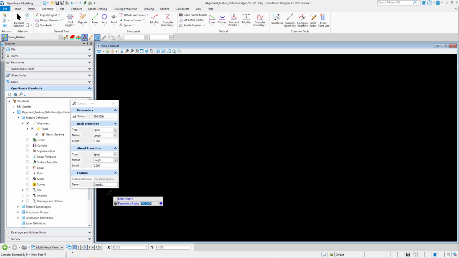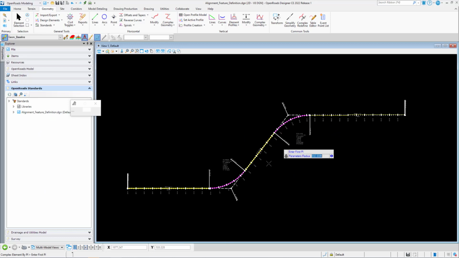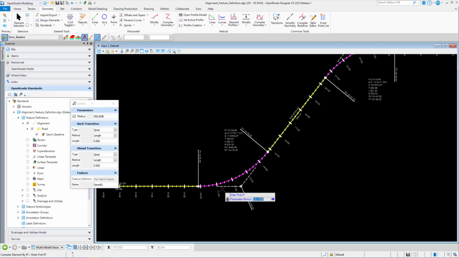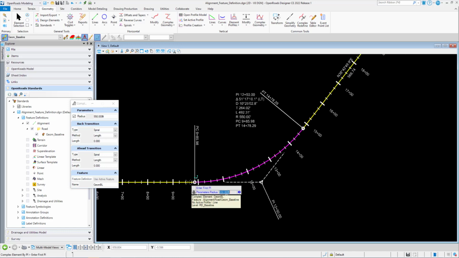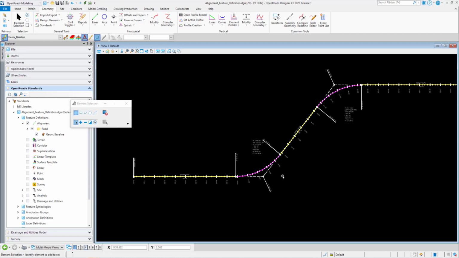So once that's all set, I'll just go and pick some points and draw out our alignment feature, and then right click to complete, and you'll notice that once I have drawn that element, it will have stationing already assigned to it. Tangents will be different colors. That is all set up. The linear symbology is inside the feature definition, which we'll explore later in another video, and this will be our controlling horizontal alignment. But we said we needed a vertical alignment, so to set that, I'm going to go ahead